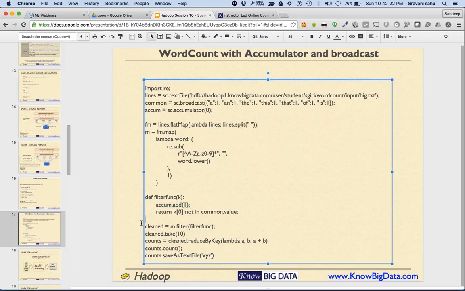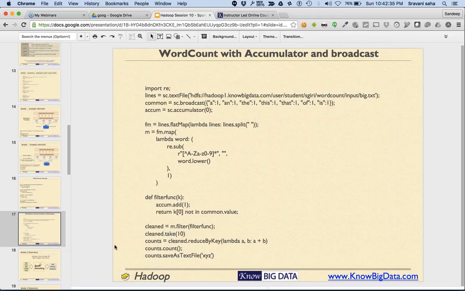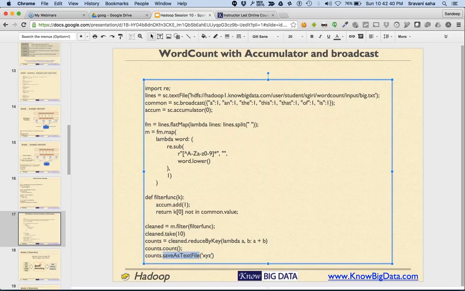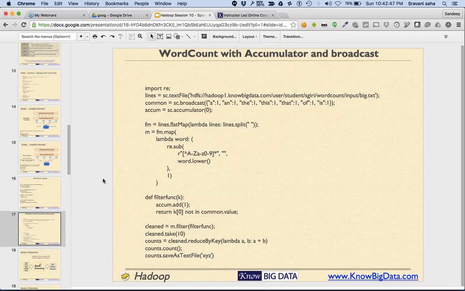Once that is done, after filtering the data, we can print it by using the take function, and we can also save the same thing into a file using saveAsTextFile. All right, so this is accumulator and broadcast variables. Does it make sense to you?